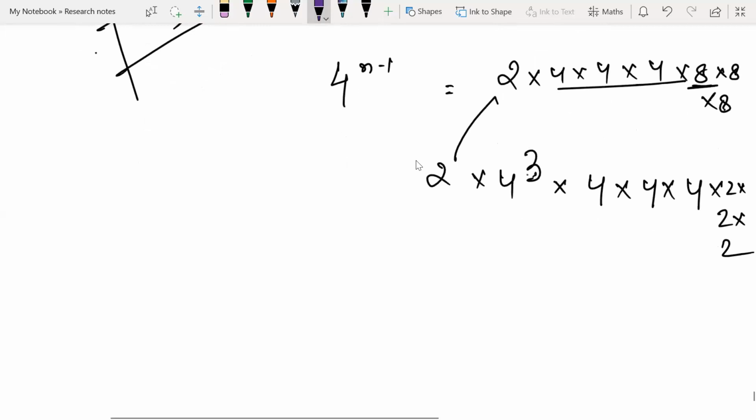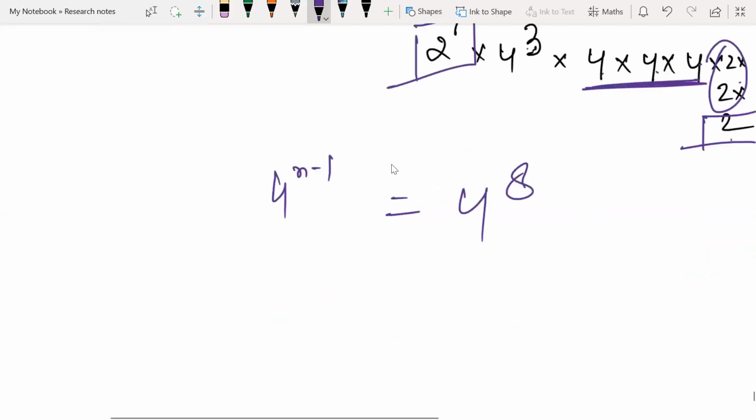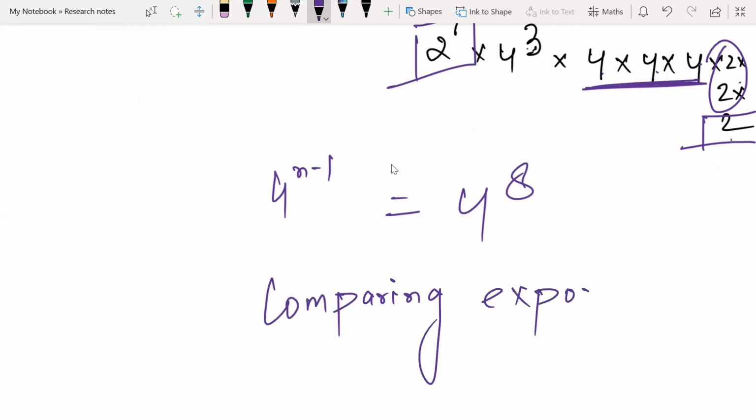So 4 to the power 3 was already there. 3 more 4s we got, and this is also 4, and the first one and the last two are also 4. Let me check how many 4s we got: 3, 4, 5, 6, 7, 8. 4 to the power 8. Check it, Ali. Comparing exponents on both sides, because the base is the same. Then only we can compare the exponents. So we are getting n minus 1 is equal